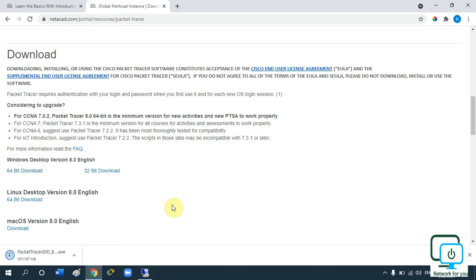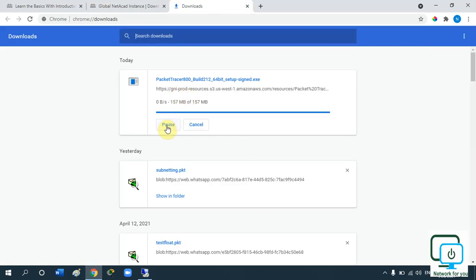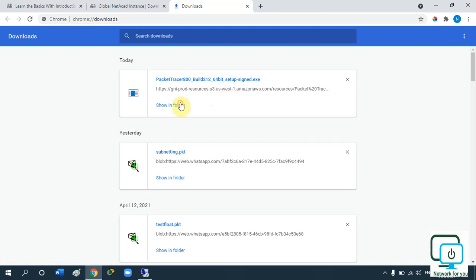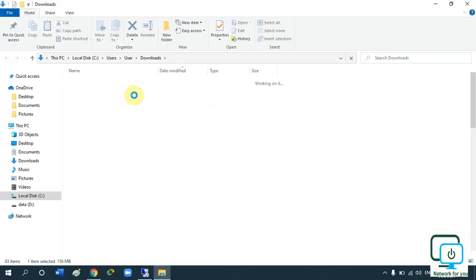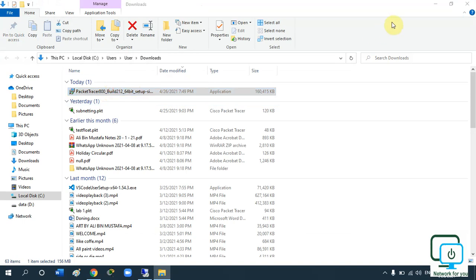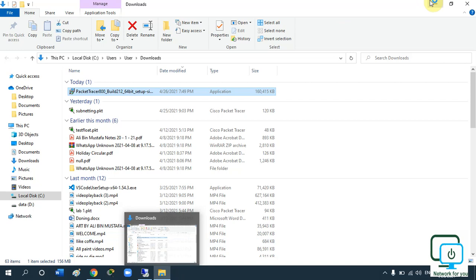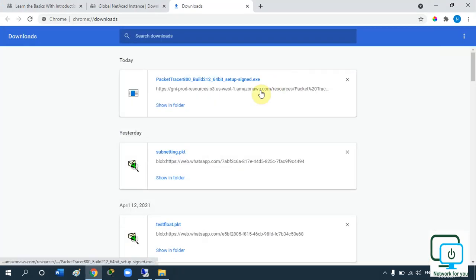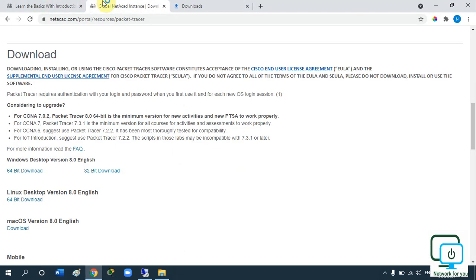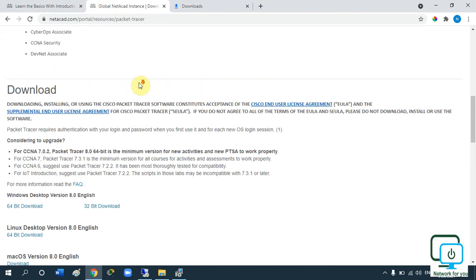So if you see here, the download is finished. I have the exe file for Packet Tracer. You can click show all or double click that one. You can copy it wherever you want to save it, or we can install directly by double clicking this one. Like this we can start installing. No worries, in our next class we are going to look at how we can install that one. In this class we learned how to download the Packet Tracer.